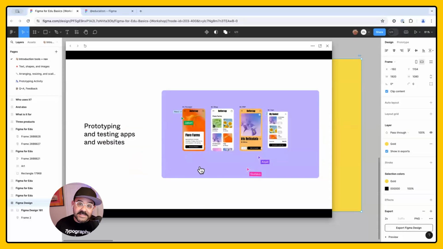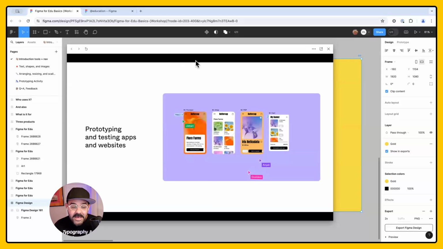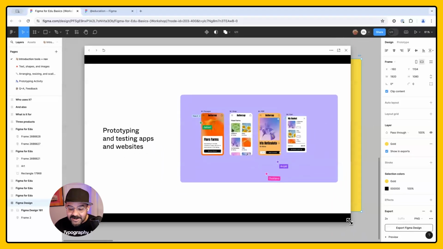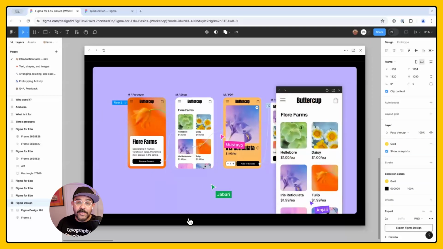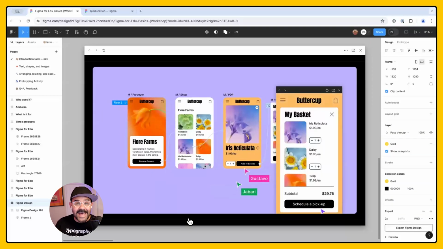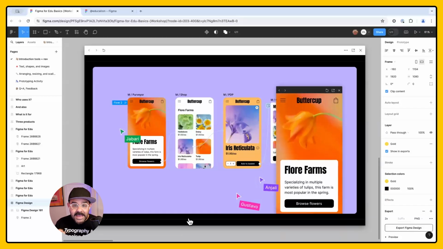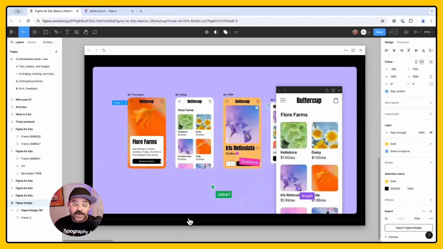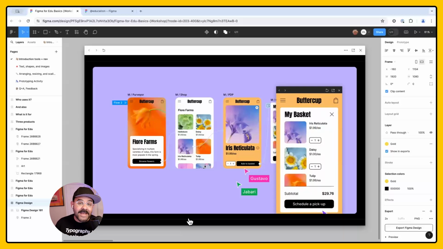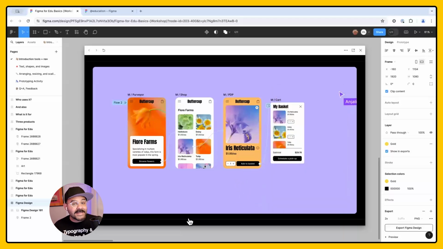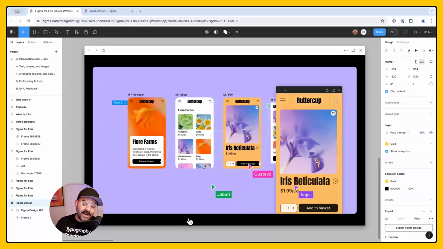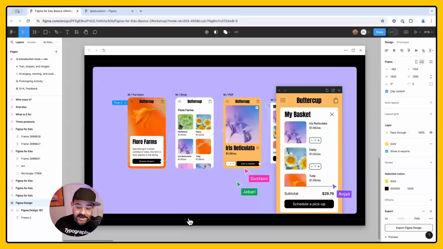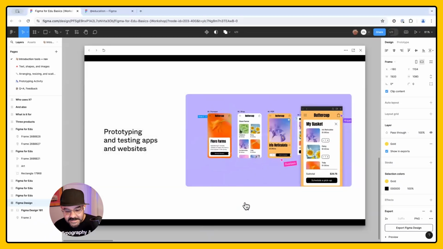So prototyping is going to be a concept we're going to talk a lot about. This little window that I have right here is actually a prototype. You can see I can interact with it. And what you can do with prototyping is you can test your ideas out. So if you are working on an app idea, if you are working on a presentation of sorts, you can make that presentation or make that app interactive to test out your ideas. You can make iterations on those prototypes to help better sell the idea that you are putting together. So I'm able to click through this.